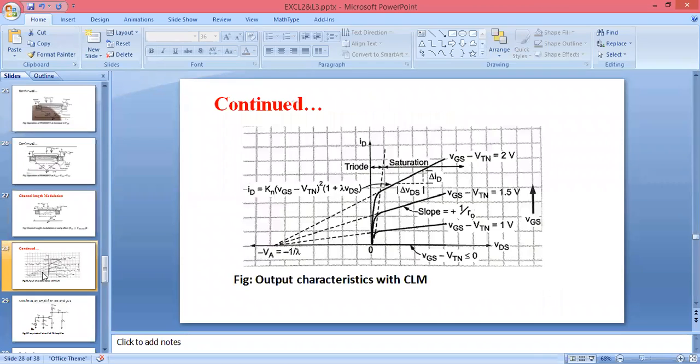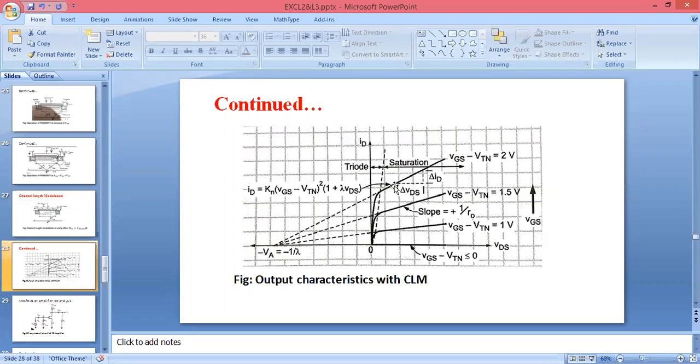Now we will see the diagram. You can see here the output characteristics of the channel length modulation. इसमें क्या हो रहा था? Here, when we are giving VDS greater than VDS saturation, there will be a decrease in the length of channel. If VDS further increases, the pinch off point further shifts to the P side, decreasing the length of channel. It means if VDS is varied and it goes above the